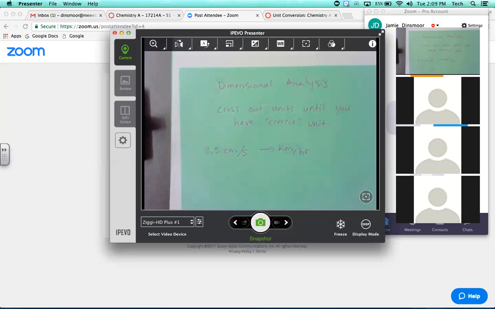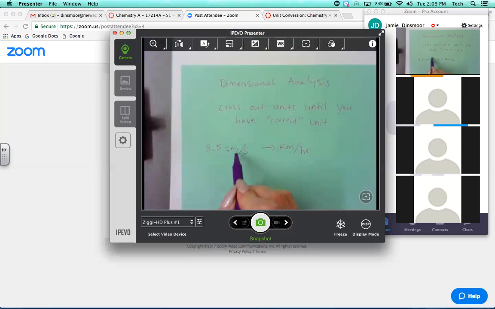Okay, so we want to figure out what that means in kilometers per hour, right? So we have two conversions we have to do here. First of all, we have to get from centimeters to kilometers. Second of all, we have to get from seconds to hours. So when we do dimensional analysis, we're going to set up sort of like a table almost. We're going to write our 3.5 centimeters. We're going to put it over seconds,